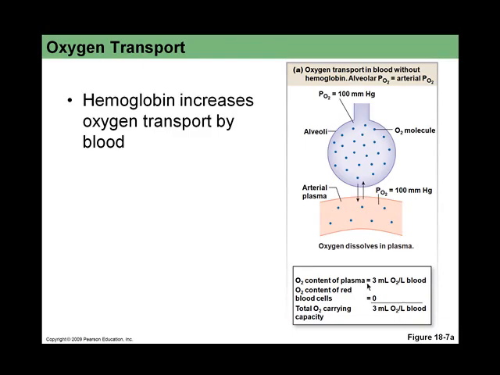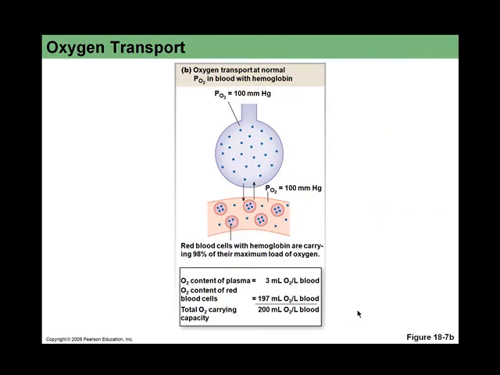So the O2 content of the plasma is 3 mLs of oxygen per liter of blood. The O2 content of the blood cells is roughly 0, essentially 0. The total O2 carrying capacity is 3 mLs of O2 per liter. And then the oxygen transport at the normal PO2 in the blood with hemoglobin, then we have the